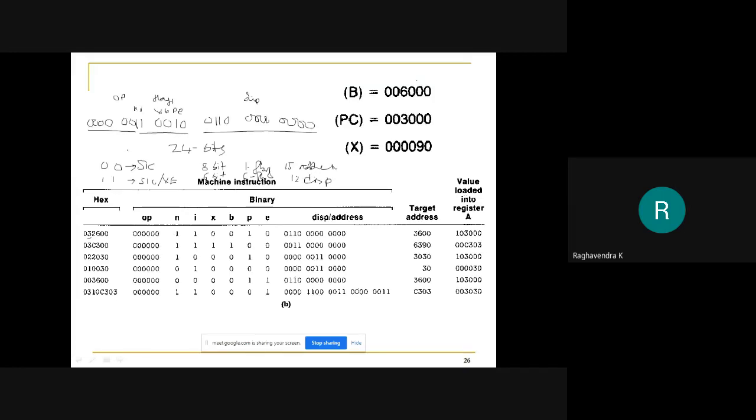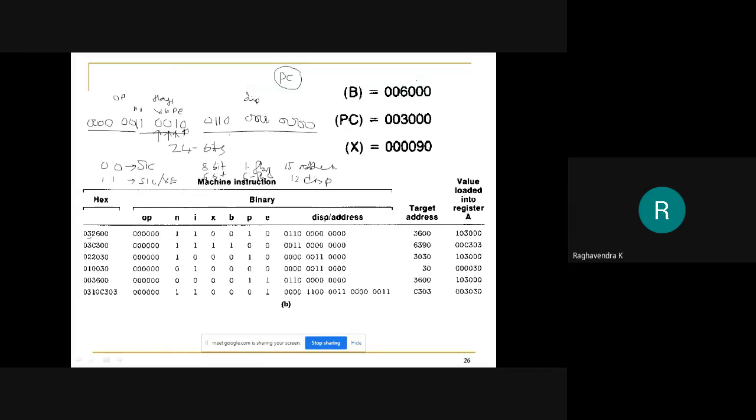Both N and I have been set to 1 and 1, which means that we are using neither indirect nor immediate addressing mode. X is set to 0, so no indexed addressing mode. B is set to 0, so no base relative addressing mode, and P is set to 1. So obviously we are using PC relative addressing mode in this case, and E is set to 0.